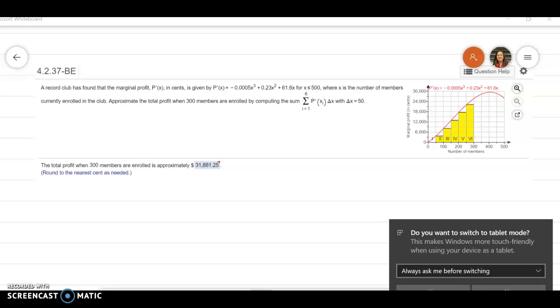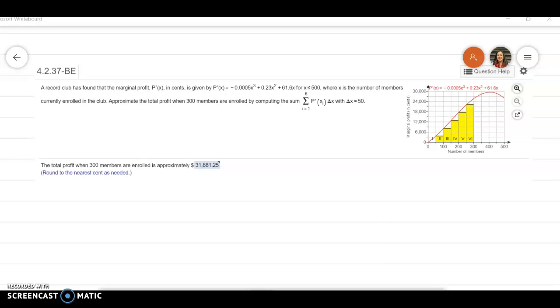But you have to take into account what it is the problems are finding. For example, this particular problem, we're using the derivative, and the reason is that if you remember the derivative of p of x allows us to find marginal profit. So for this particular problem, it's saying, given p prime of x, or the derivative of p of x, it wants us to approximate the total profit when 300 members are enrolled by computing